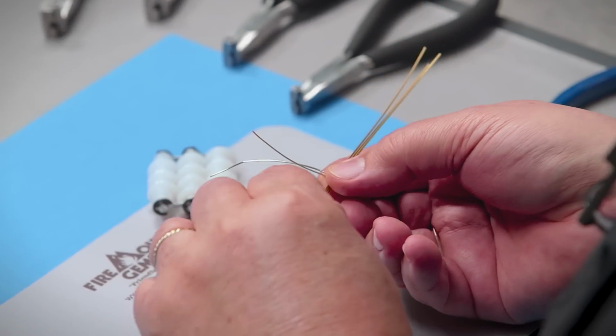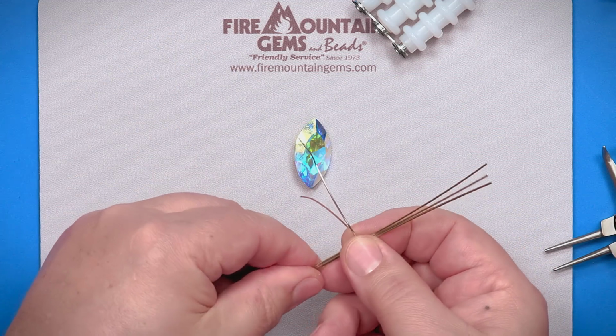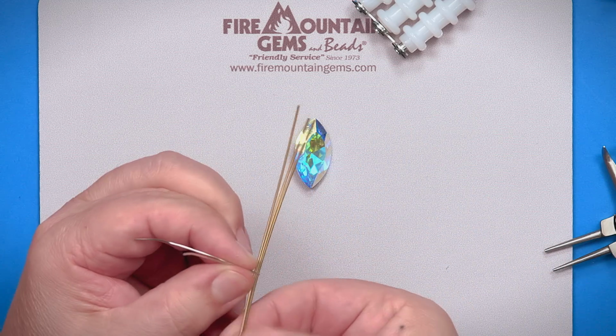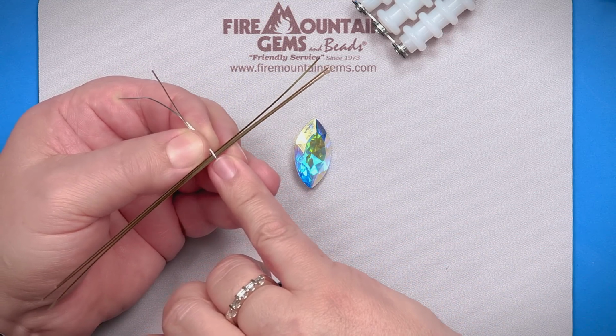So this is going to bend up from the bottom at about the midway point. So I'm going to want these bands on either side of the stone. So you just make sure that the wires are all nicely stacked. You can see here that I've got my nicely fitting bottom, which is the double right angle, and I'm